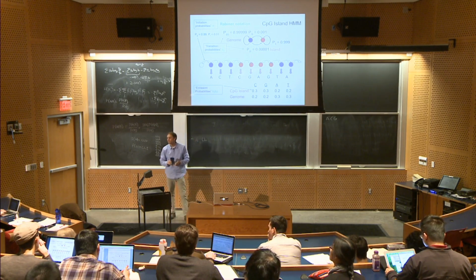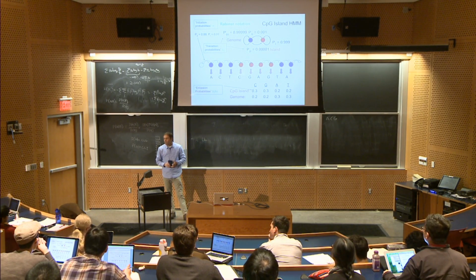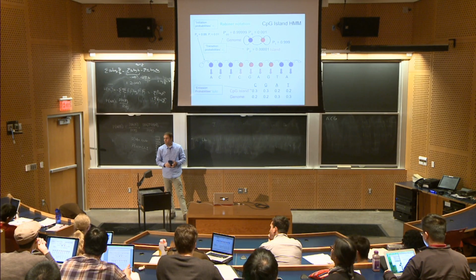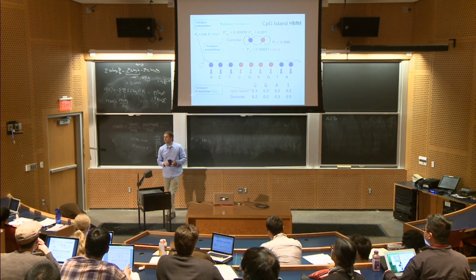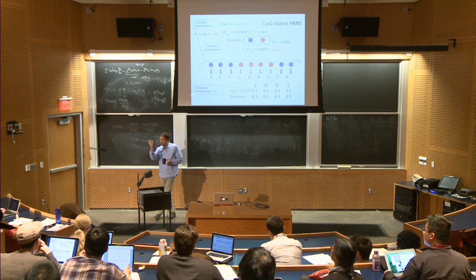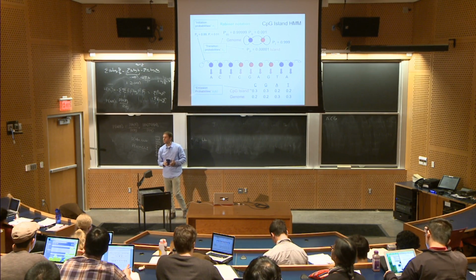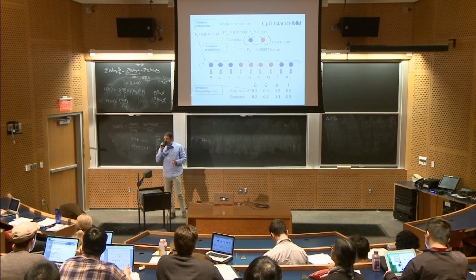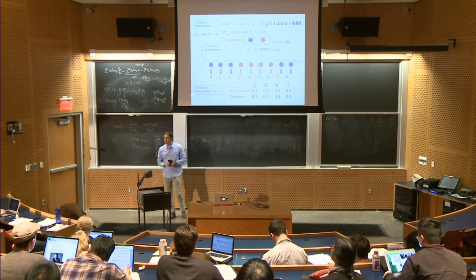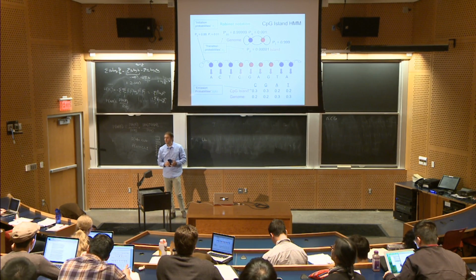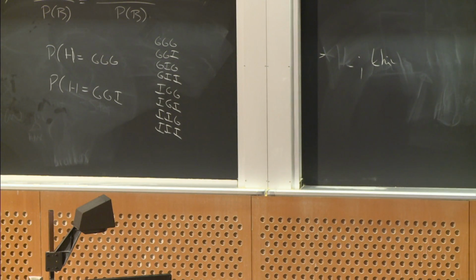Yeah, question. Can I just quickly check here? When we're talking about the optimal parse, we're saying let's maximize the joint probability of that set of hidden states and that set of bases. So when we're computing across this 3-letter thing, we have to take the probability of the letter, then multiply it by the probability of the transition to the next state, and then multiply again by the transition and that letter. Yeah, exactly. Okay, so let's do this.